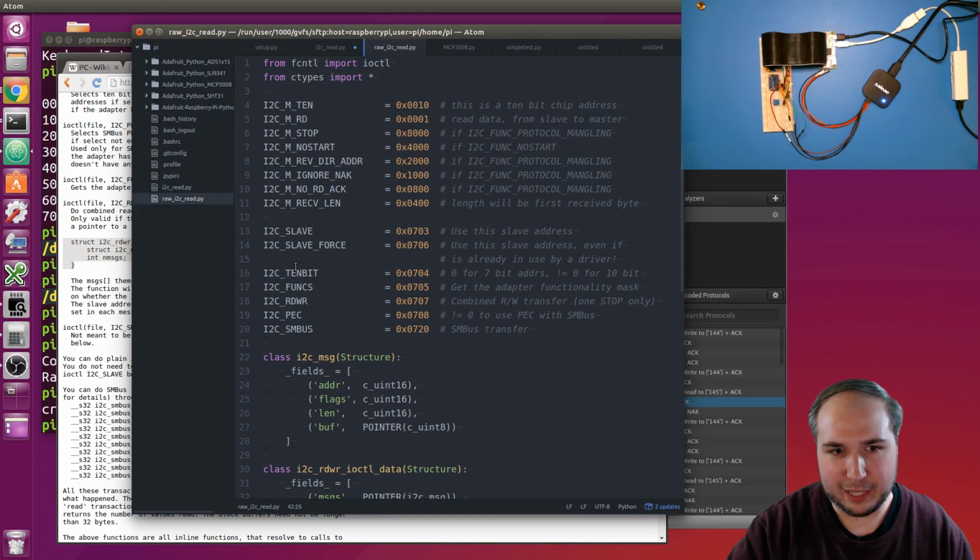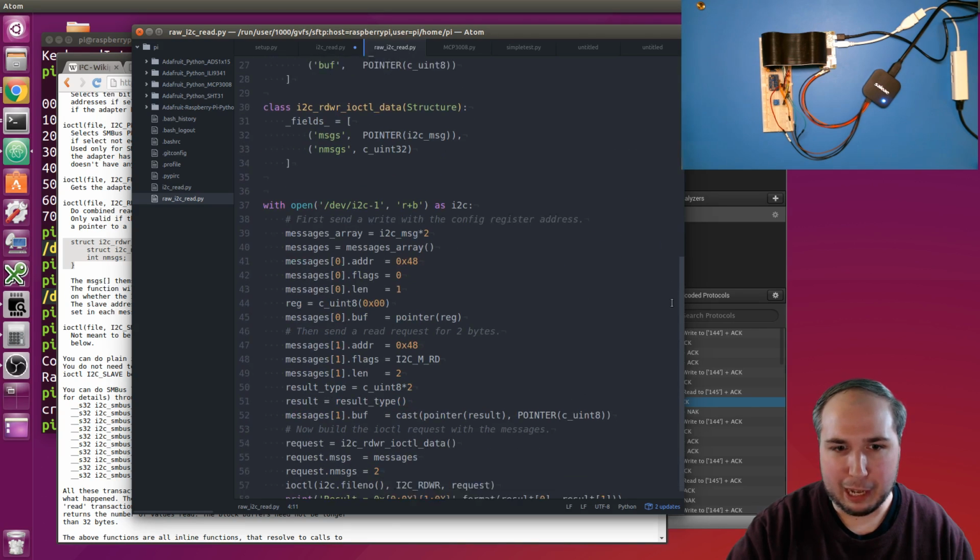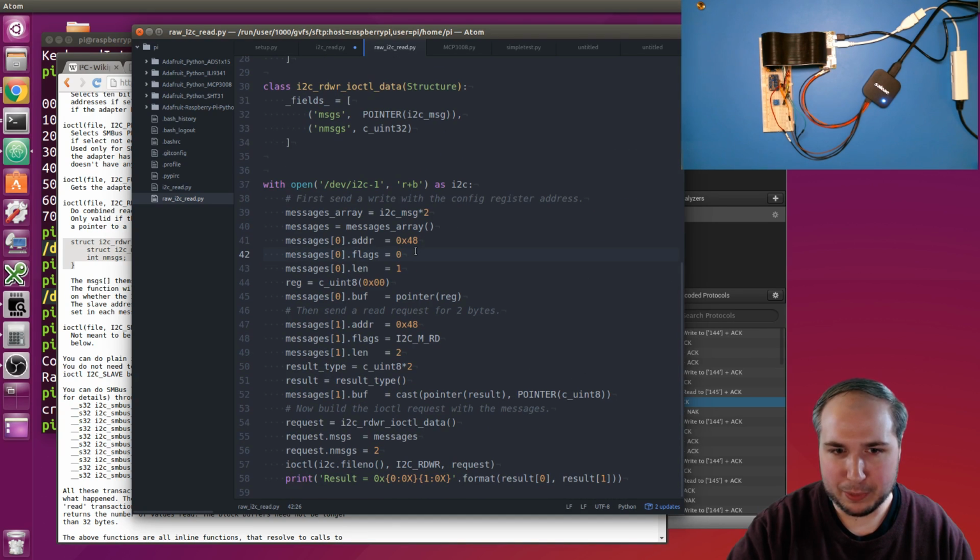And so you can say, okay, I need to do a read operation type. You can also specify, like, if I have a 10-bit address instead of a 7-bit address. Lots of little ways to tweak the behavior. By default, the value of 0 is going to do a write. And then the second message, I'm actually going to do a read, and so I send it a different flag value here. But after I set the flag, I then need to set the data that I'm going to send